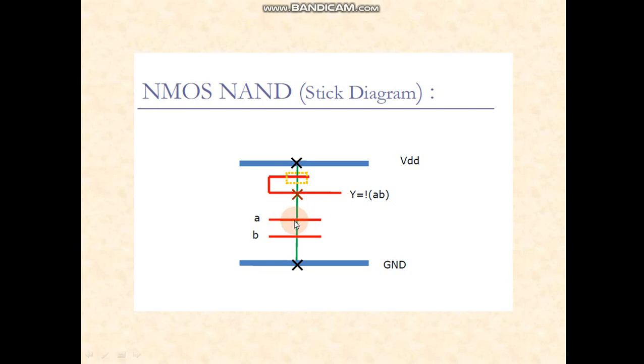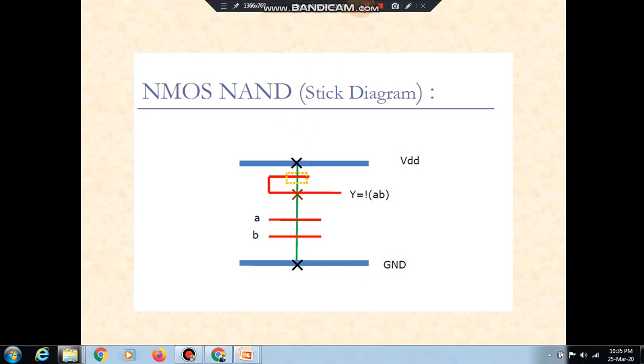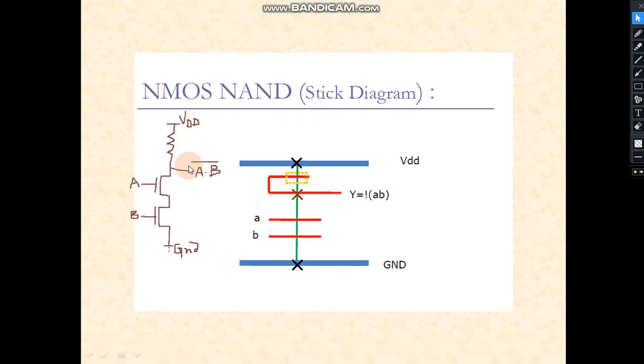So for A dot B, our two transistors should be in series. For the series connection, we have implemented A and B in series, and this green line is for diffusion. We can understand it with the help of the circuit. The basic structure of a NAND gate using NMOS is this: two NMOS transistors in series, and we all know that